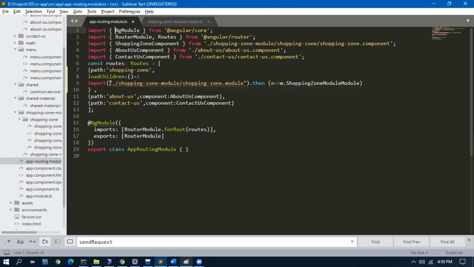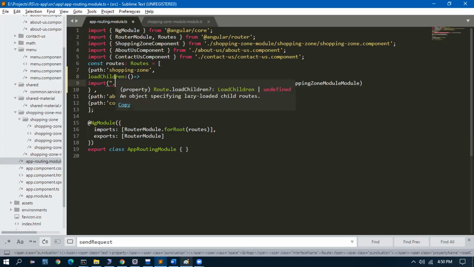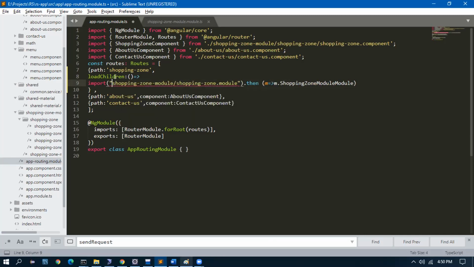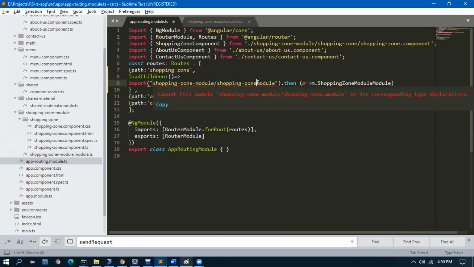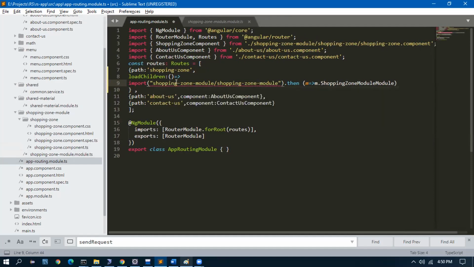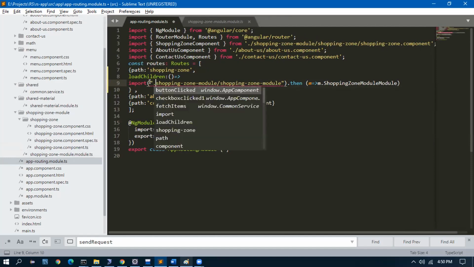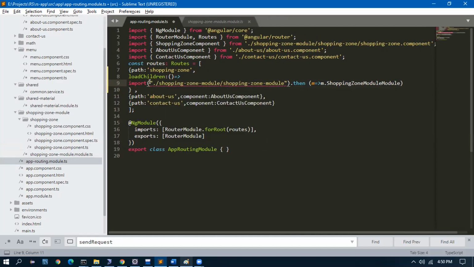Okay, what is it? Shopping zone module. Cannot. You have to declare the same thing in app module at least. No. No. Okay.